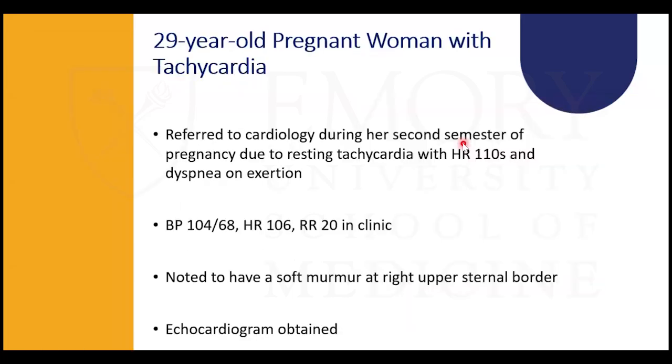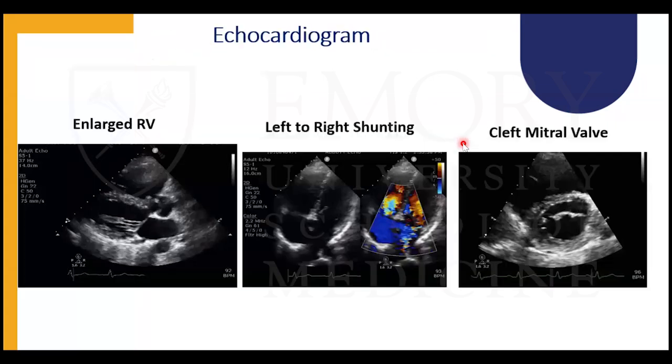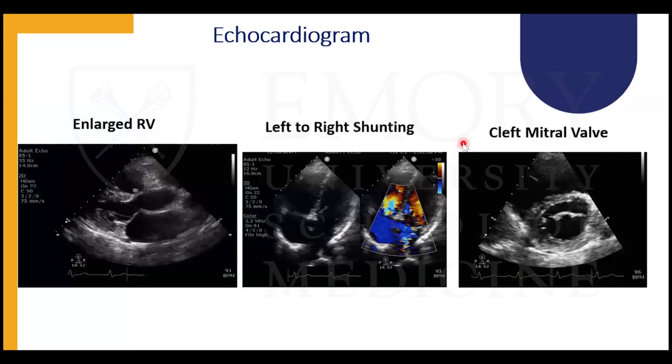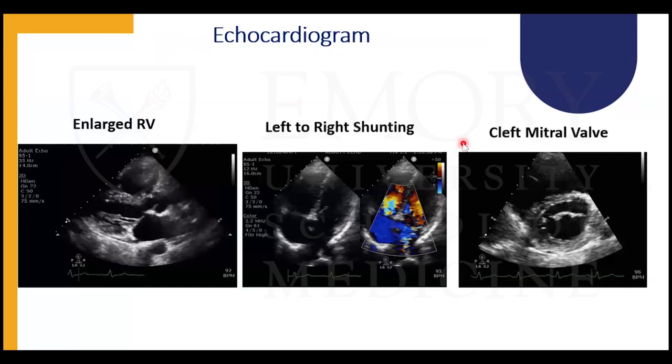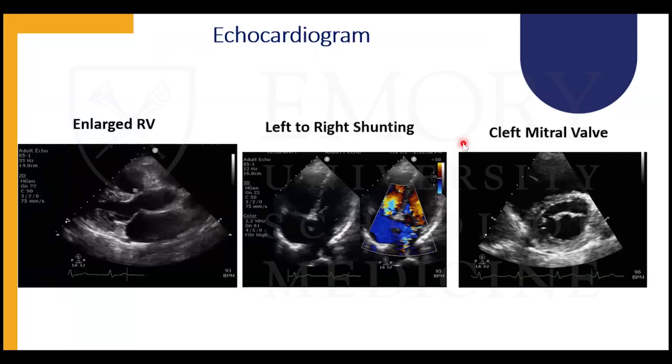Our next case is a 29-year-old pregnant woman with tachycardia who was referred to cardiology during her second trimester of pregnancy due to resting tachycardia and dyspnea on exertion. She was noted to have a soft murmur at her right upper sternal border, and so an echocardiogram was obtained. She was noted to have an enlarged RV with left to right shunting across the atrial septum and a cleft